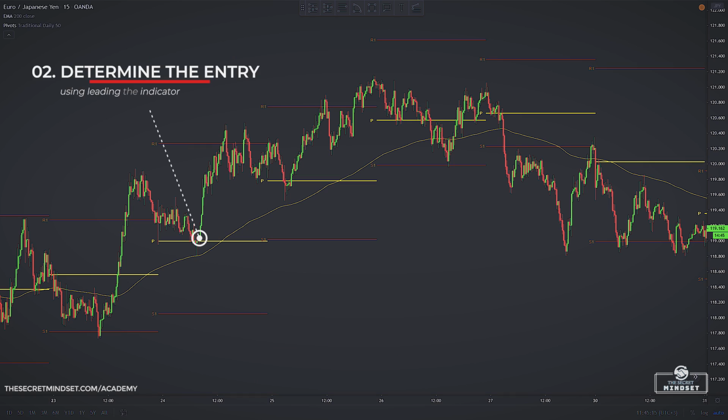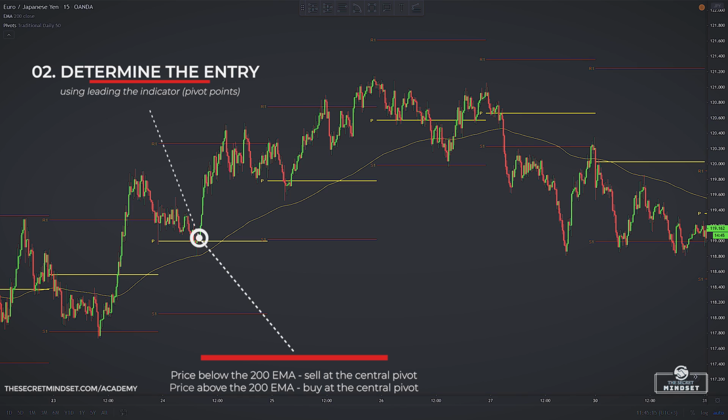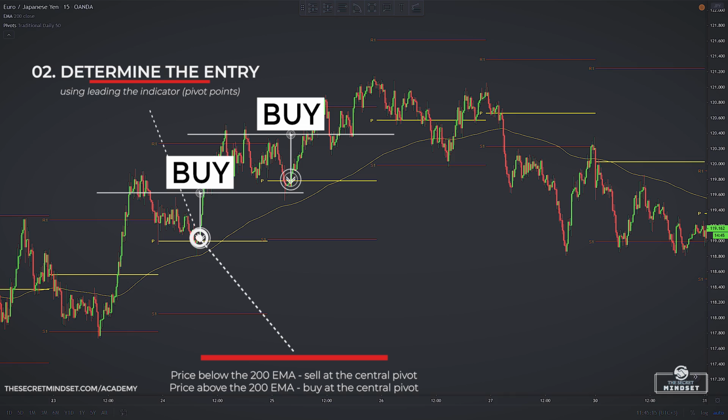Then, establish the entry using the leading indicator, namely the pivot points. You can buy a pullback, for example, at the central pivot point when the market is above the 200 EMA, in the direction of the trend. You can continue to use the leading indicator to find the stop placement point, meaning your stop loss order. In the case of this uptrend, this would be below a substantial support level,